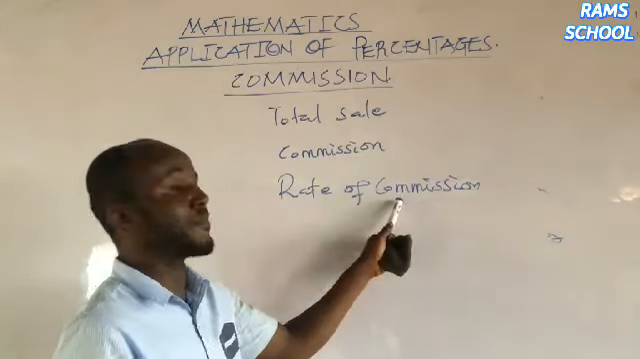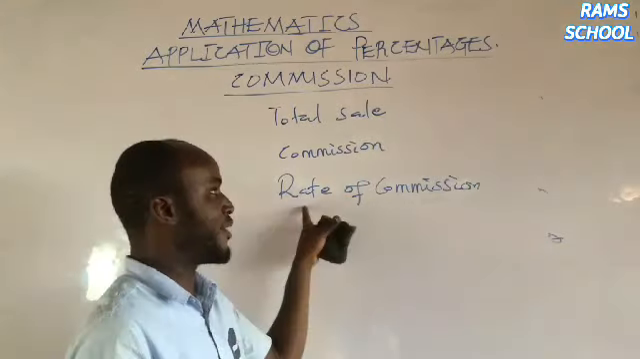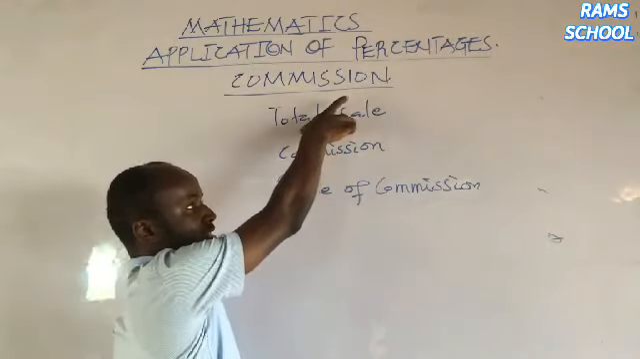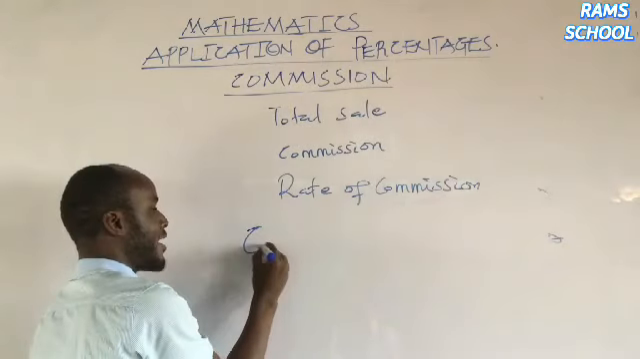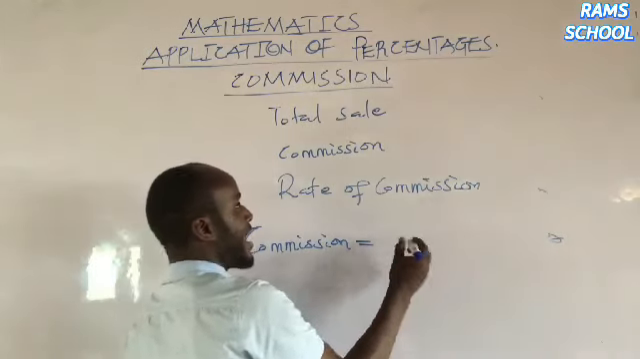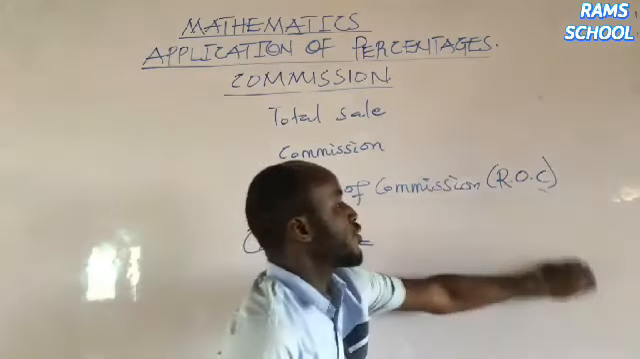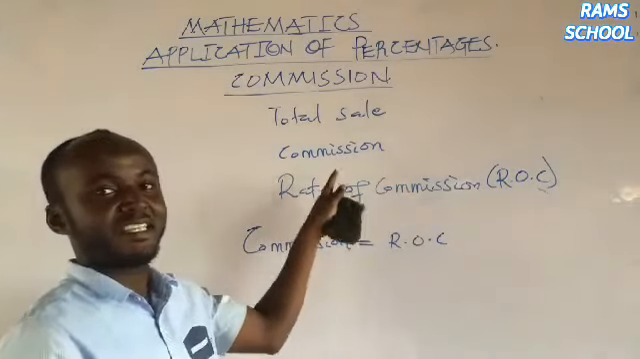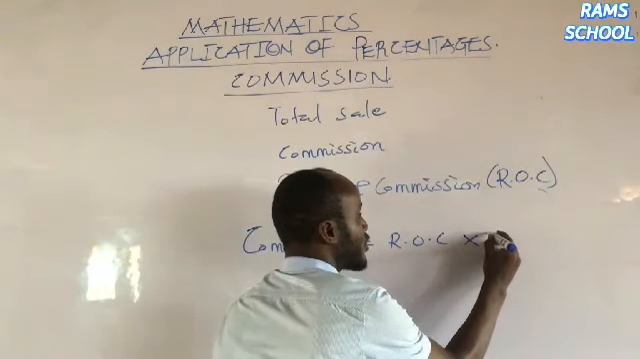The rate of commission refers to the percentage that was given to her. So in the scenario, the 5% that I said was the rate of commission. Always, the rate of commission will be multiplied by the total sale in order to get the commission. So in short, to find a person's commission, you are going to multiply, let me make the rate of commission ROC, the rate of commission, which is normally given in the form of a percentage, times the total